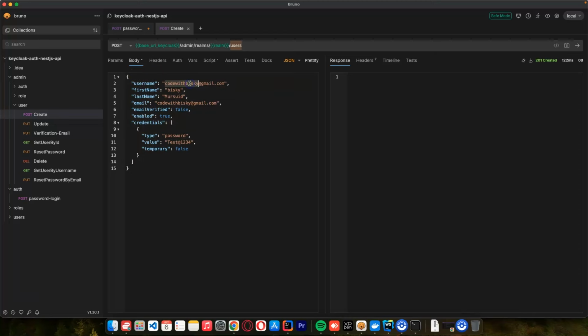So here I can change this to BISC2, and I can change this one to BISC2. I don't want to change the username and password. The password is going to be test1234. Then I can send a request. So what I need to do,